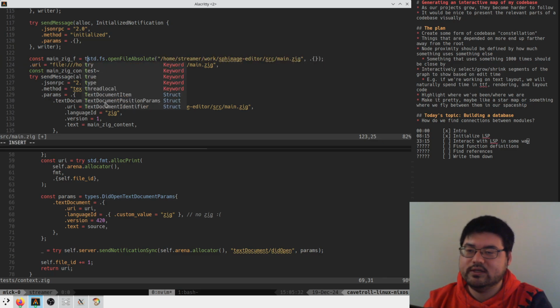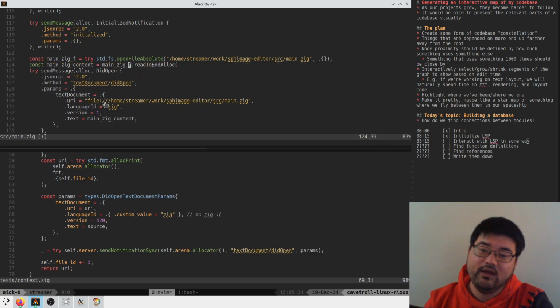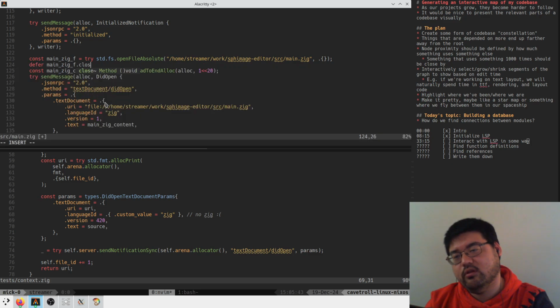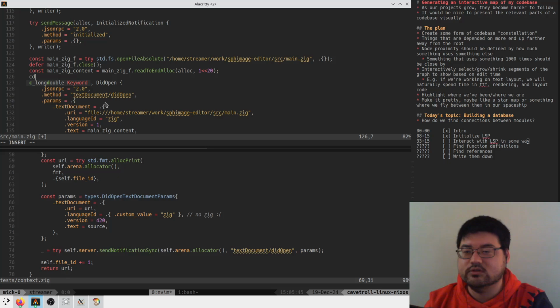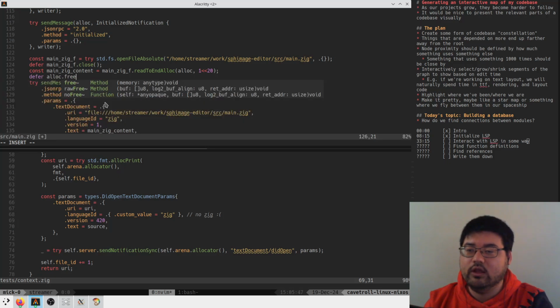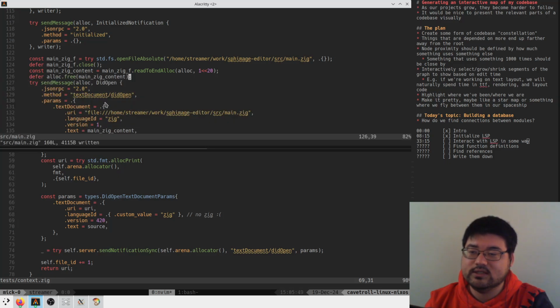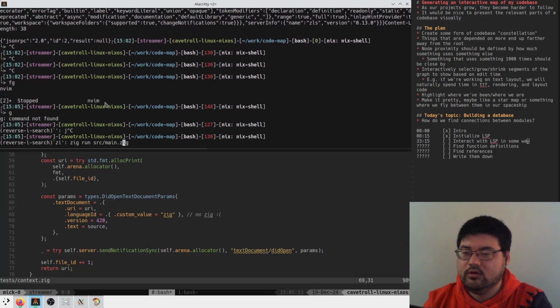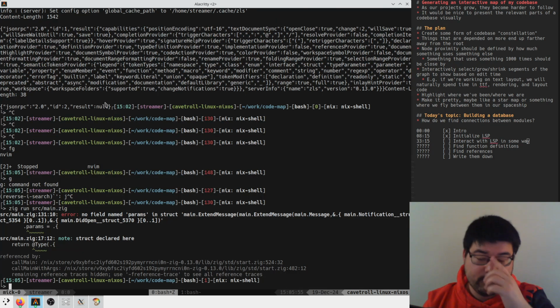Like this. Main zig f, return alloc with some amount of capped message length. Defer main zig f close. We have to do defer alloc free main zig content like this, and then we should be able to just slam that in. Let's just see what happens. So he's mad because no field name params on